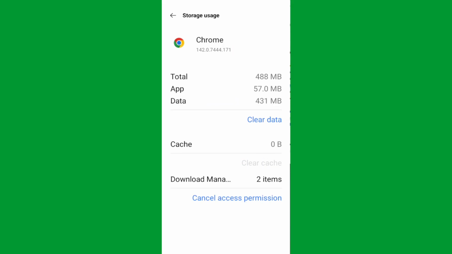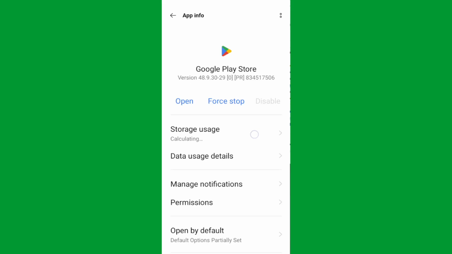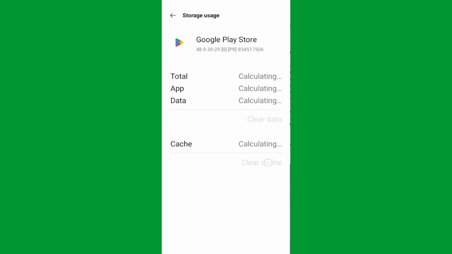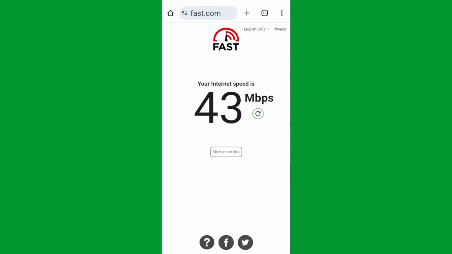Clearing data resets local settings and may sign you out inside those apps, but it won't remove your phone's personal files. After clearing the cache and data, restart your device. A full reboot refreshes system processes and applies those changes cleanly, which can be the difference between another failed attempt